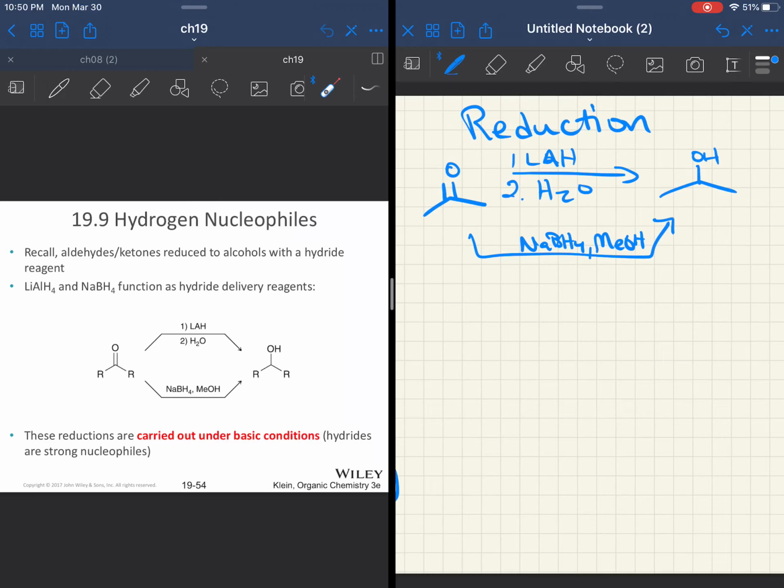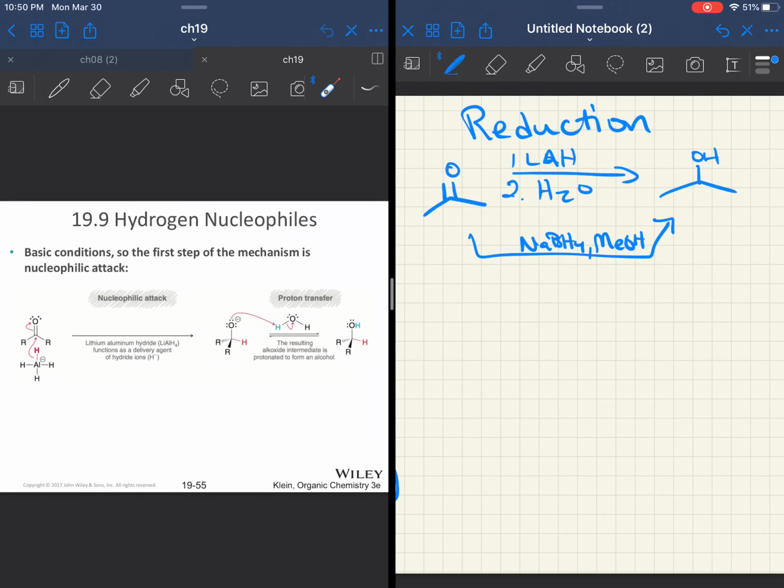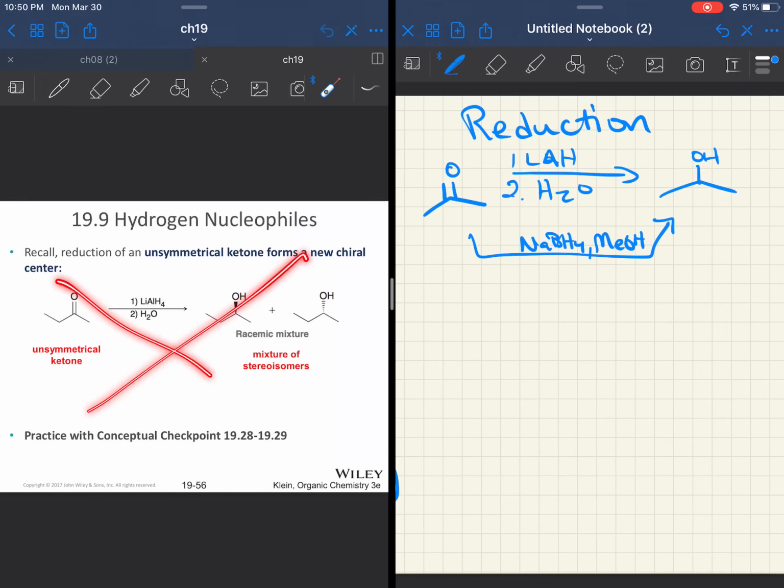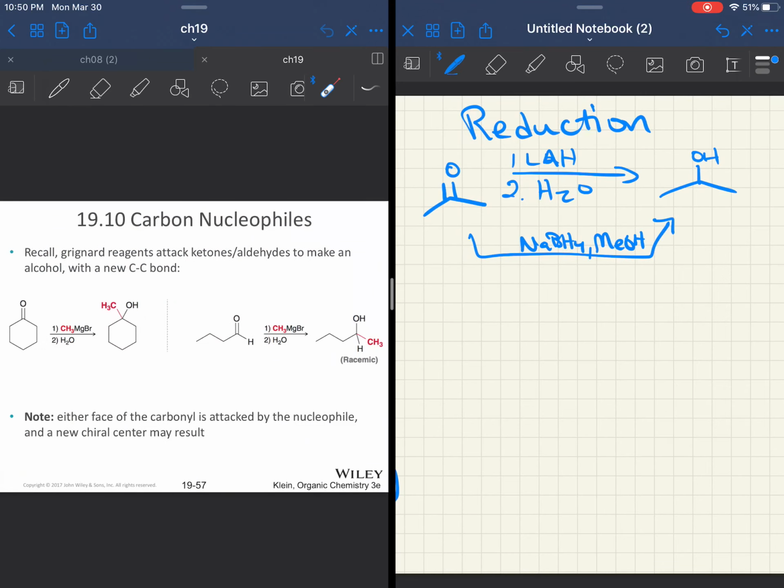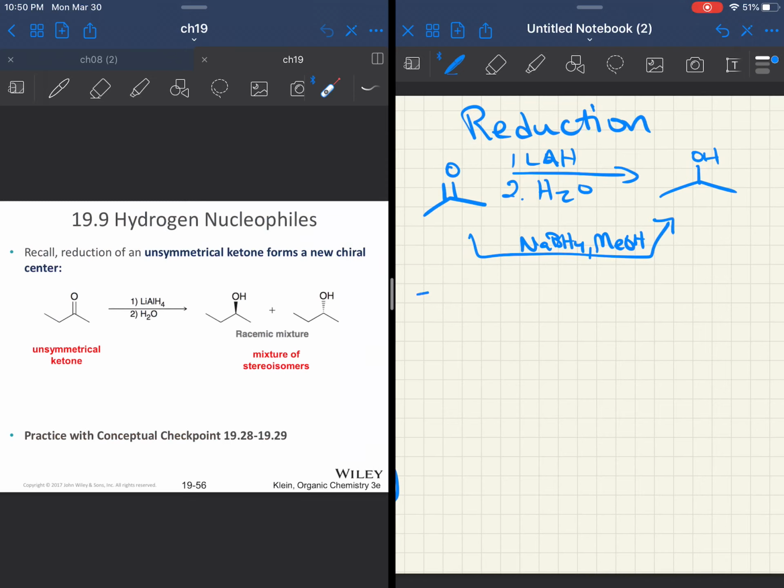Sodium borohydride and methanol only works for aldehydes and ketones. LAH and water works for aldehydes, ketones, and other carboxylic acids and carboxylic acid derivatives. There is a mechanism here. You do not need to understand the mechanism. We will pick up in